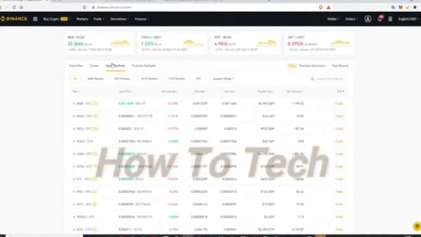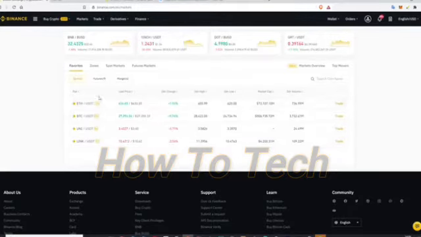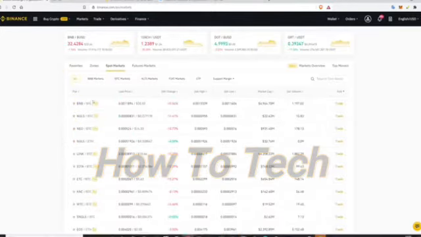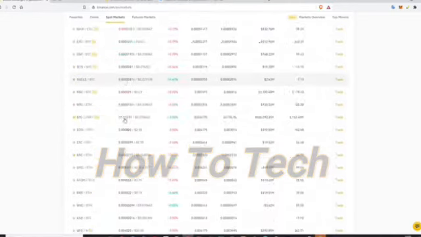By default, you're going to see the spot markets. There's also the zones and futures markets, and there's also the favorite. So if you have certain coins that you like to trade, it's good if you just click this star button to highlight them as your favorite, and then by default they will be here if you trade them. Okay, so I will go back to the spot